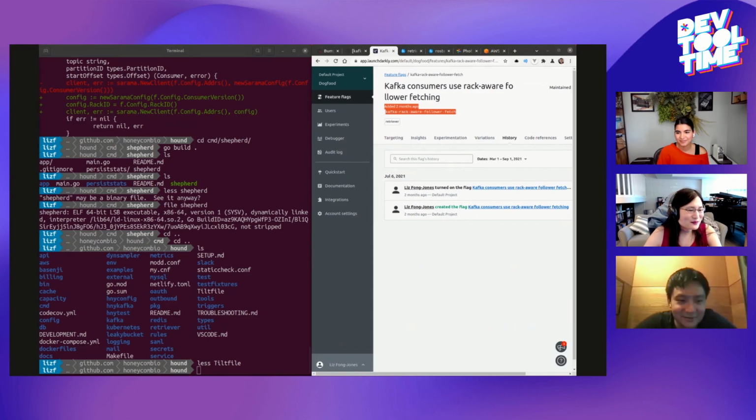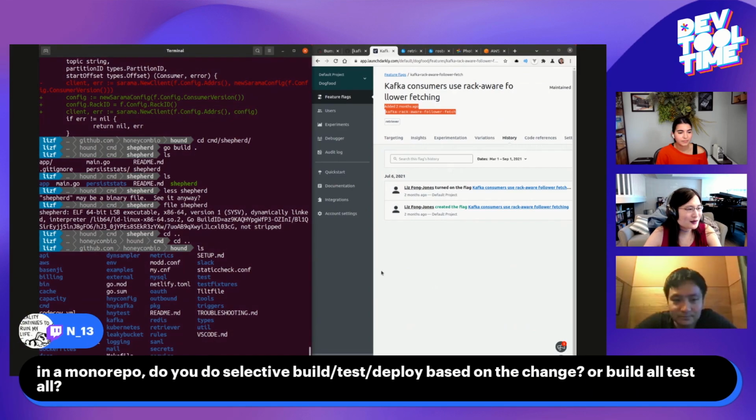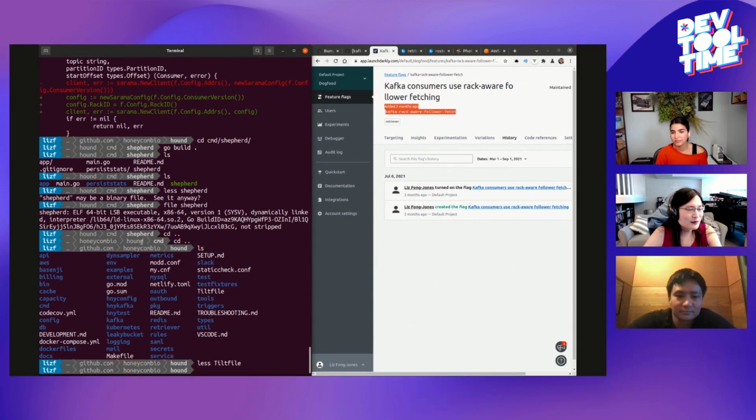Yep, exactly. Someone did have the question of, given that we're a mono repo, do we selectively build, test, and deploy, or do we build everything? The answer is we build everything. Not necessarily when we're testing locally, right? We'll do a spot check of the functionality, but we want to make sure we don't introduce any regressions. And when we deploy, we're deploying all of our services at the same build stamp, even if nothing changed,